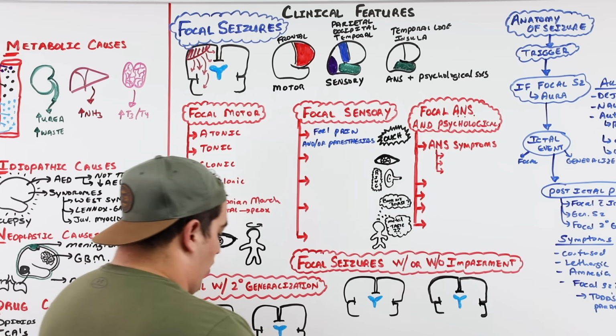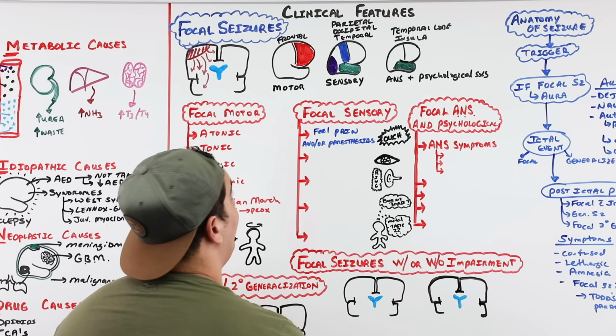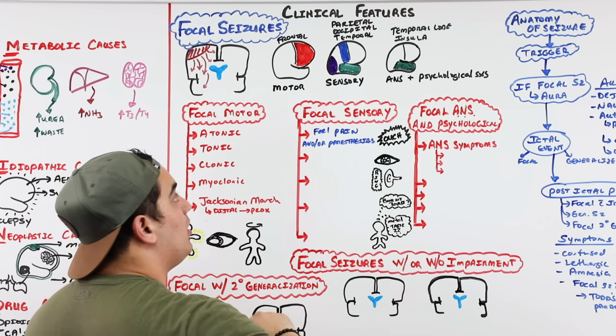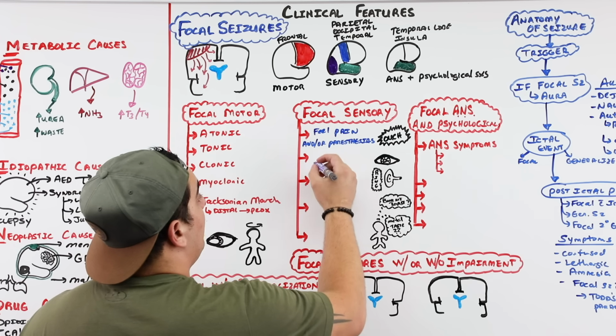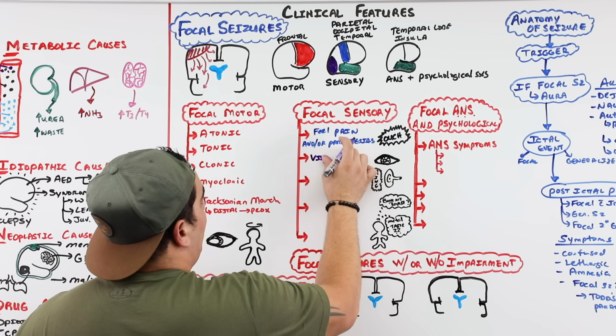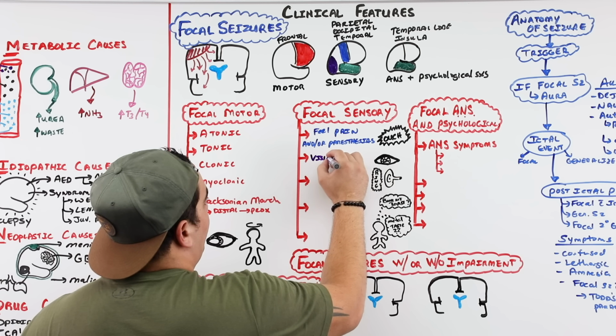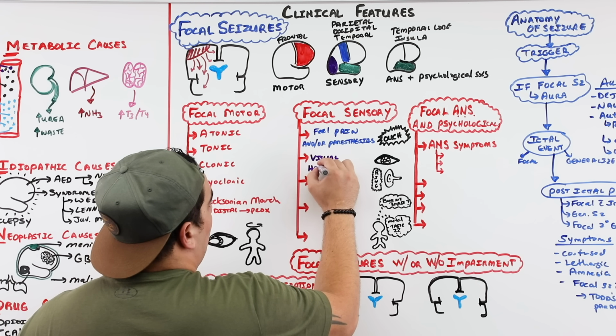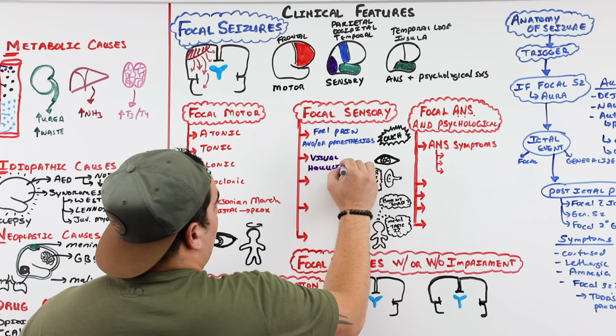Anyway, the next one we picked, purple. So if there is abnormal electrical activity within the occipital lobe, this may lead to visual hallucinations. So you maybe see things that aren't actually present. So visual hallucinations. Okay?